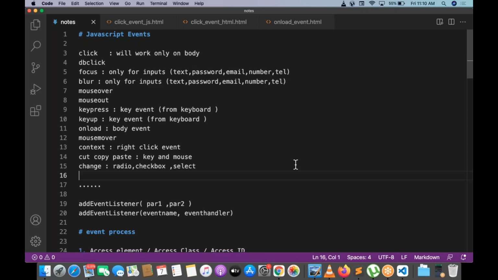Front end is completely one cycle. If you want to learn that cycle, you need to start with HTML first. If you know HTML properly, then go to CSS. If you know CSS properly, then come to JavaScript. If that is also perfect, then go for additional libraries like jQuery and Bootstrap. If you know all these basic level things, then you can go for modern level things like React, Angular, or Vue.js.